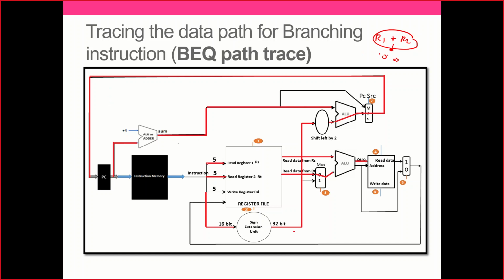Now what do we do? I have got the first register. I've got the second register. I read the data from the first register. I read the data from the second register. I compare them in the ALU. It is 0. Branch if equal means branching if the instruction is branching, and if the result is 0, I need to forget this path. I'll have to come here. There is an offset associated with it.